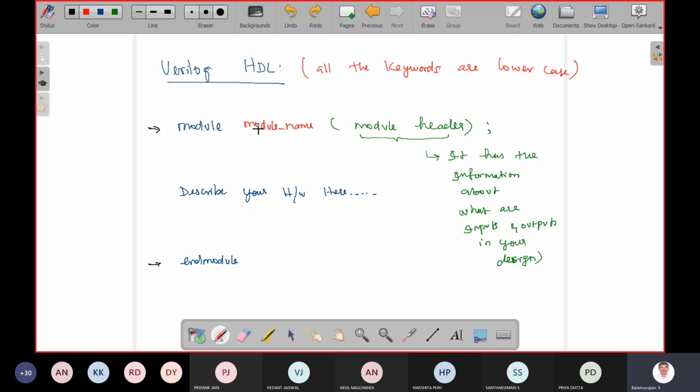So what is the importance of this module name? The module name is a user defined variable, or user defined keyword, whatever you call it.